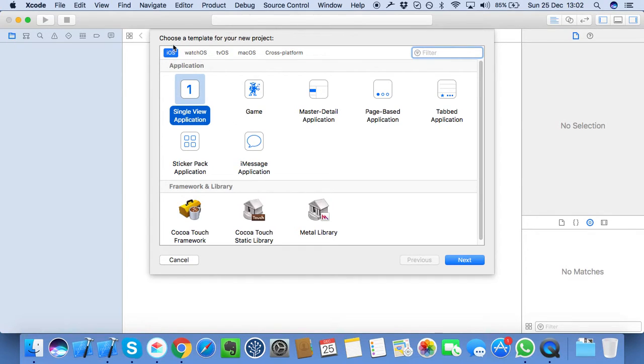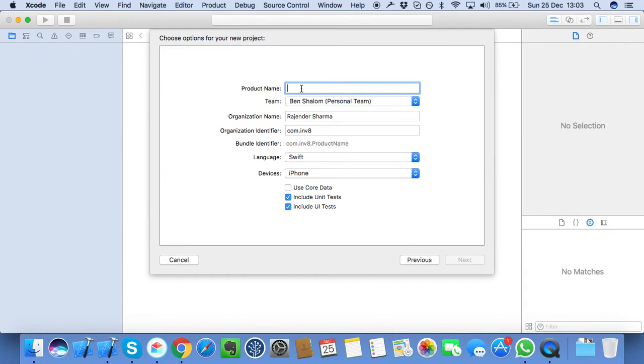There are so many options. So first of all, we are going to make an application for iPhone devices, iOS devices. So click on iOS and tap on single view application, which is selected by default. There are other options as well, like game, master detail application, page based application, tabbed applications, and so on. But we are going to make a single view application right now. Tap on next button